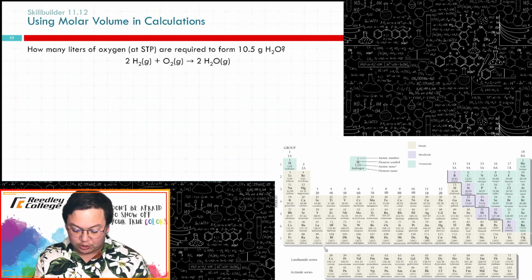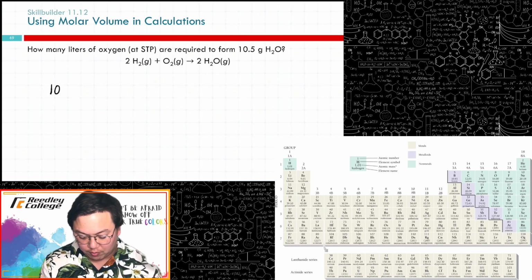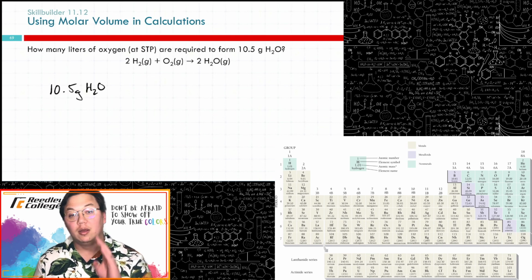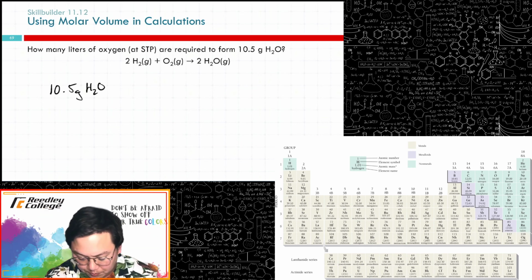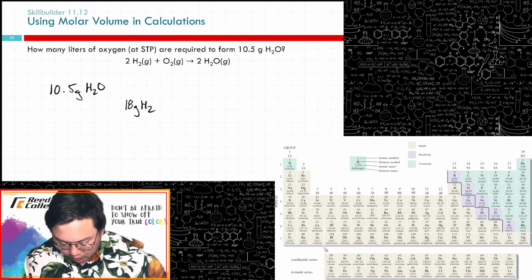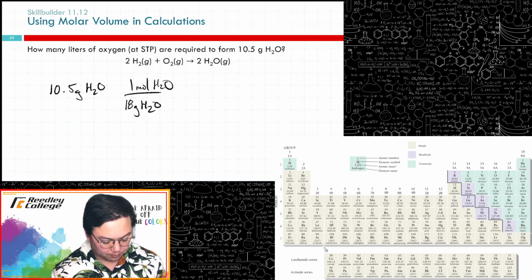Okay, so how many liters of oxygen at STP are required to form 10.5 grams of water? Okay, so 10.5 grams of water. Again, whenever we compare 2 molecules or 2 atoms or whatever, we've got to go to moles first. Moles is like the grand unifier. That's like the bridge, the central hub. We're always passing through there to go everywhere else. So we're going to take grams. We have 18 grams of H2O per 1 mole H2O. So 10.5 divided by 18 gives us